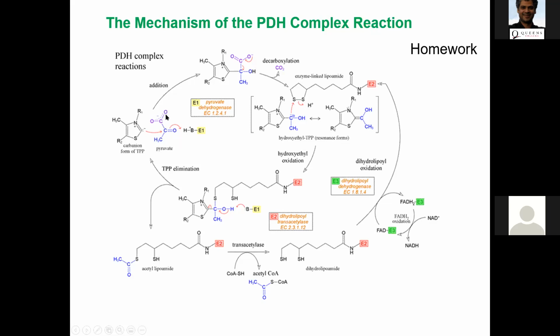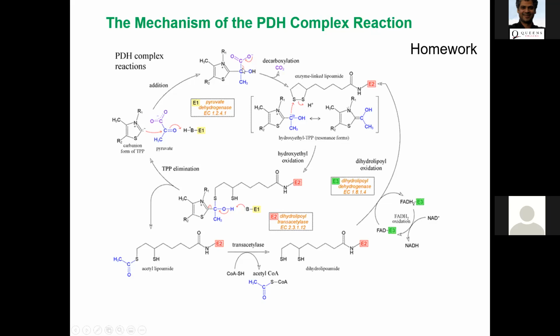And they're also showing you the pyruvate. So in the E1 active site of PDH, this reaction will happen. TPP will attack that carbonyl, right? It's an addition reaction, and you will form this kind of intermediate right here on the top. As you see, the electron flow has to happen this way because you want to break the carbon dioxide, that carbon-carbon bond. So if that bond has to break, you must be able to stabilize that carbon, the blue carbon, right? And that can happen, as you can see here.